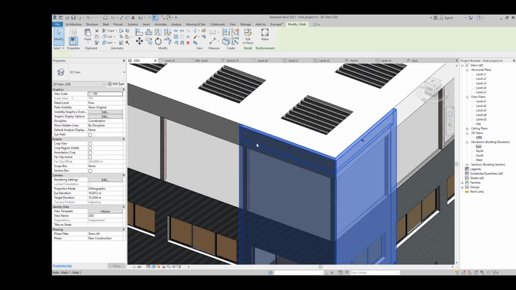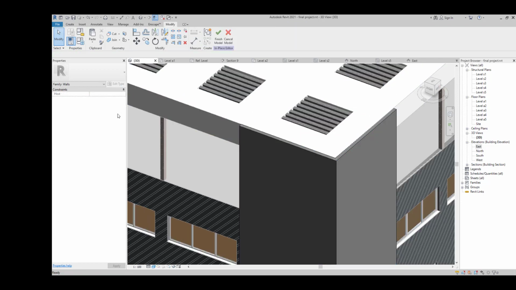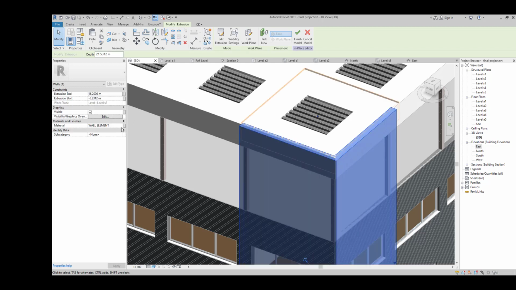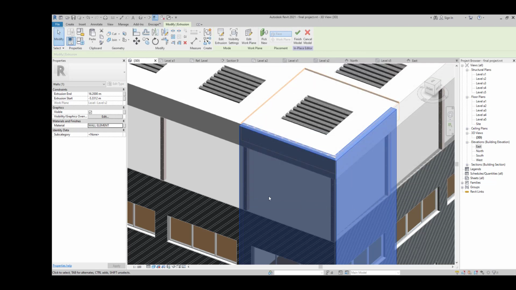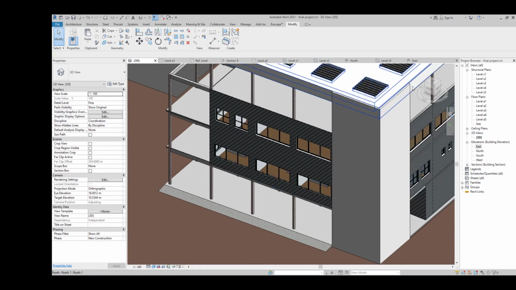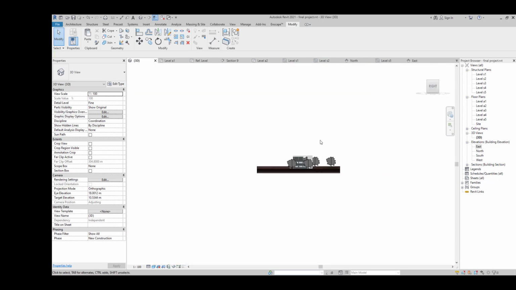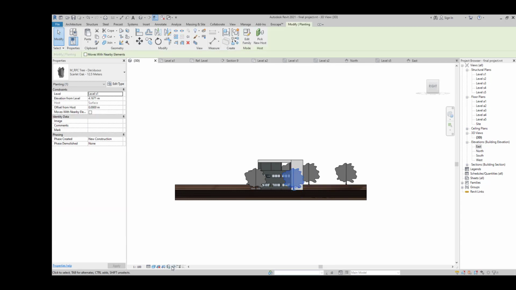The next step is to select our model, edit in place. It's much better to use the graphic pattern or color as well. So I'm just going to select my material, graphic, use render appearance, okay, and finish model. Here we go. The next step is to take our windows out, and we can just simply use